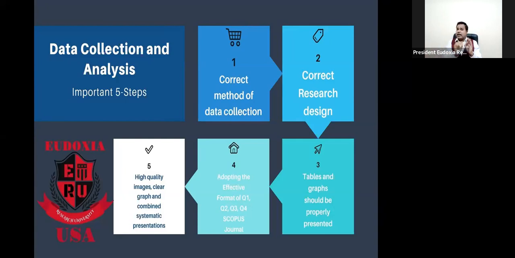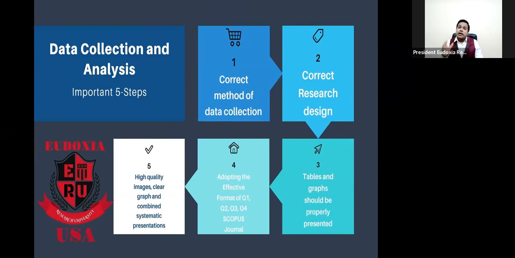And in data collection and analysis, we are always trying to explain and justify. This justification is very important. We are always trying to justify our research design. Thereafter, the tables and graphs should be properly presented. Make sure from your side that you are using high quality photographs and images. If possible, convert them to TIFF or PNG images rather than JPG while you are uploading the image,